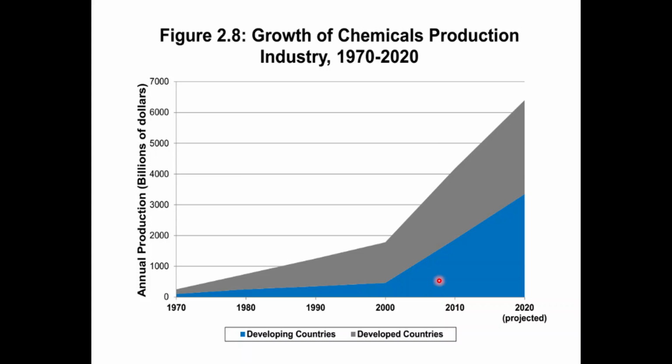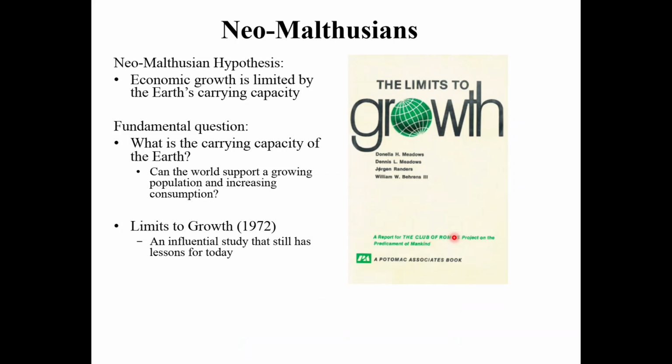But either way, the worldwide use of chemicals will definitely increase dramatically. So, was Malthus wrong? That was a question that we started this chapter with. It took a while to get here, but maybe he's not. Looking at the data now, we see his prediction didn't come true. But maybe he just got the timeline wrong.